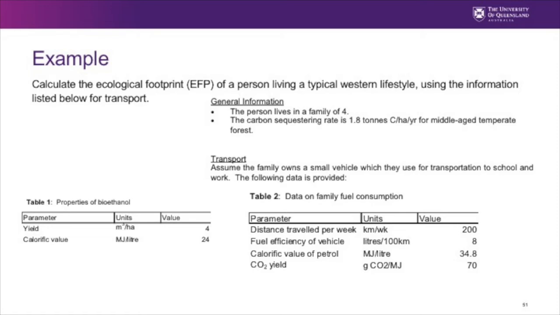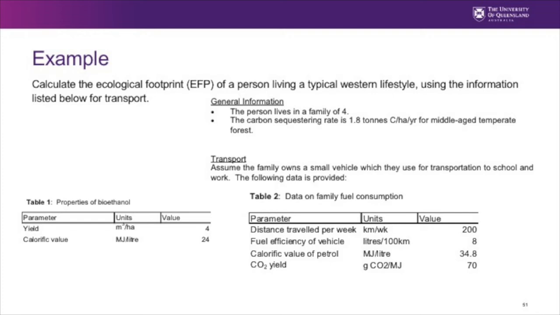And in the case, if we are using, for instance, bioethanol, we're going to also need the yield of ethanol that is being produced per area. In addition to this information, we're going to need the tons of CO2 that can be sequestered in the area where this person lives. So, for instance, we're going to assume the value of 1.8 tons of carbon per area per year. And we're also going to assume that this transportation is being used for 4 people. So this person lives in a family of 4, and so we can then have the value in terms of area per